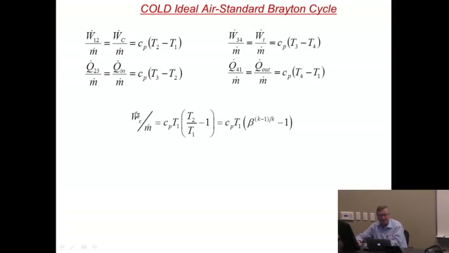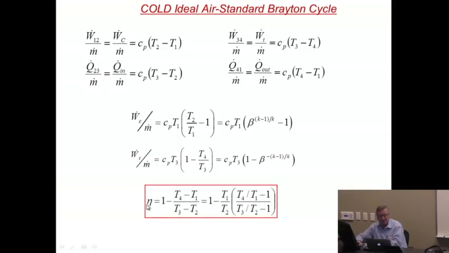Okay, so that means that Wc over m can be rewritten as a function of this compression ratio. Beta is P2 over P1. It's T2 minus T1, which is T1 times (beta to the power (K minus 1) over K, as we've seen for the isentropic transformations in the previous equation, minus 1). We can do the same for the turbine. It's Cp T3 times (1 minus beta to the power minus (K minus 1) over K). Look at your previous equations, this comes out to be okay. And therefore, your efficiency, which is simply the difference between these two divided by Q41, turns out to be 1